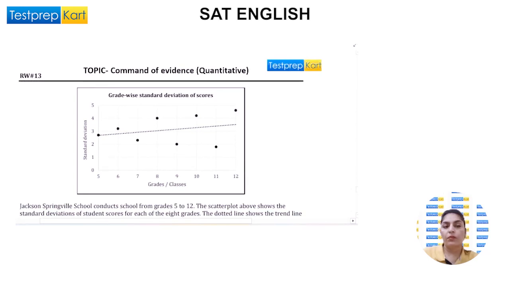Okay, we are doing question 13 now. It is about the quantitative approach. Again, we have seen that it is about quantitative, so it means we have to look at numbers again. Let's read the question. It says,